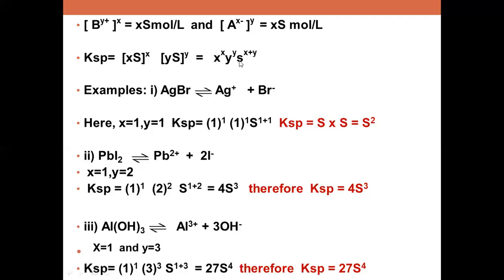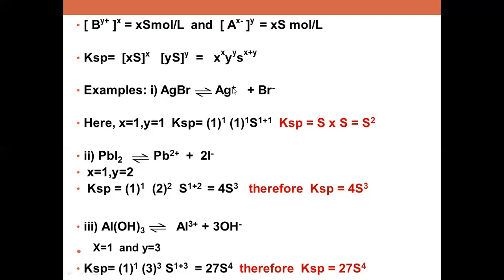आता पहा एक्झाम्पल इथे या ठिकाणी दिले आपण. त्यांनी calculate the solubility product according to this equation formula. AgBr dissociates to Ag plus and Br minus. आता याचे आयन्स कोणते आले? Ag प्लस आणि Br मायनस आले. आणि मग या ठिकाणी x ची किंमत काय आहे, Ag प्लस म्हणजे हा x आला आणि Br मायनस म्हणजे हा y आला. याच्यावरती किती आयन्स आहेत, याला कोएफिशिएंट काय आहे, एकच आहे म्हणून या ठिकाणी 1 आला. म्हणून Ksp = 1 raised to 1 आणि Br चा y म्हणजे किंमत किती व्हायची, 1 आहे, 1 raised to 1.